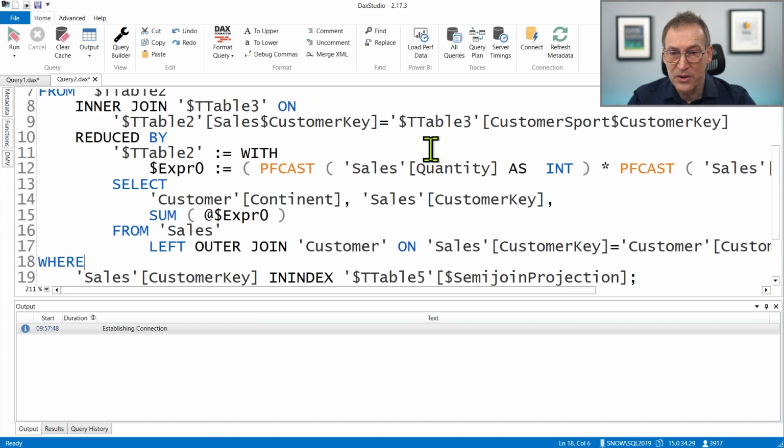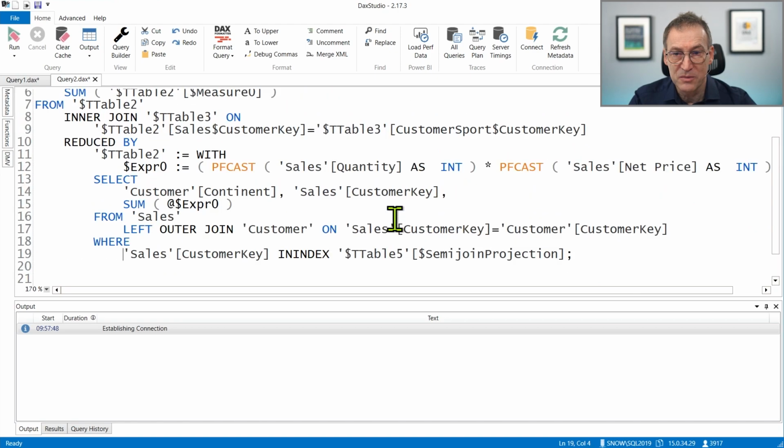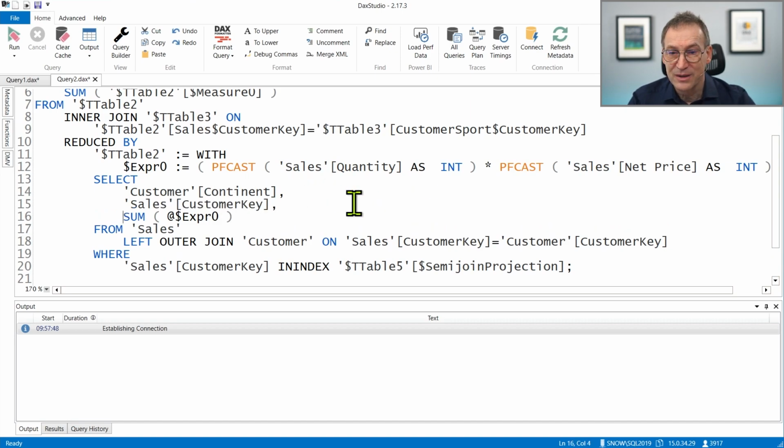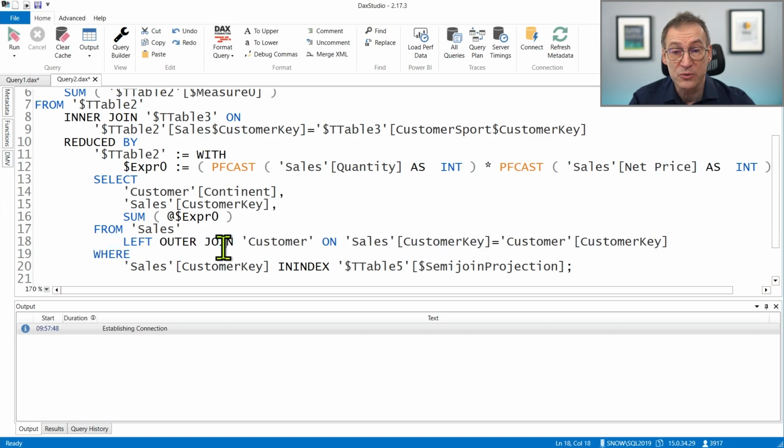That looks like to be the core of the query. A bit smaller. So table 2 is grabbing quantity times net price from sales, therefore it's scanning sales. It's making the join with customer, and that is pretty cool. You see that the join between customer and sales is happening directly in storage engine during the definition of this query, and that is very different from what happened in both the canonical and in the new model,